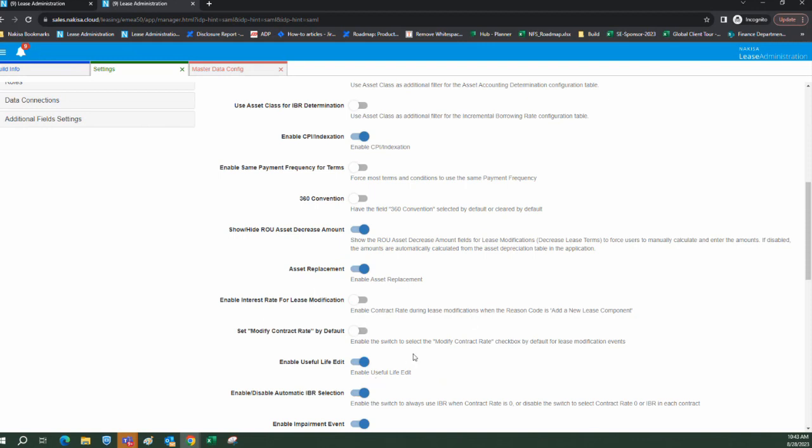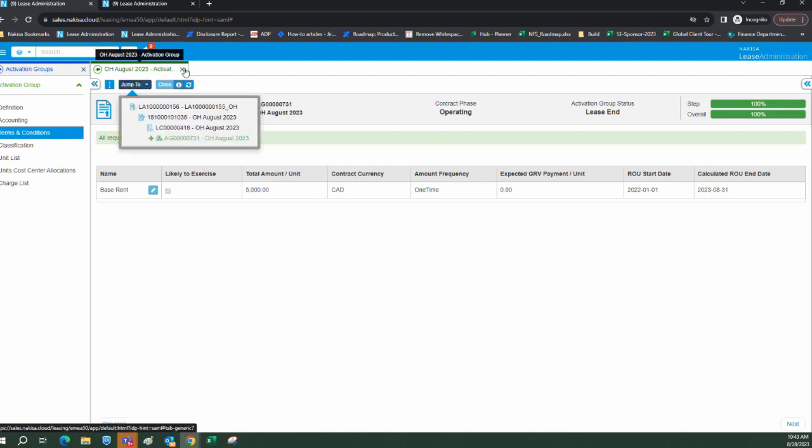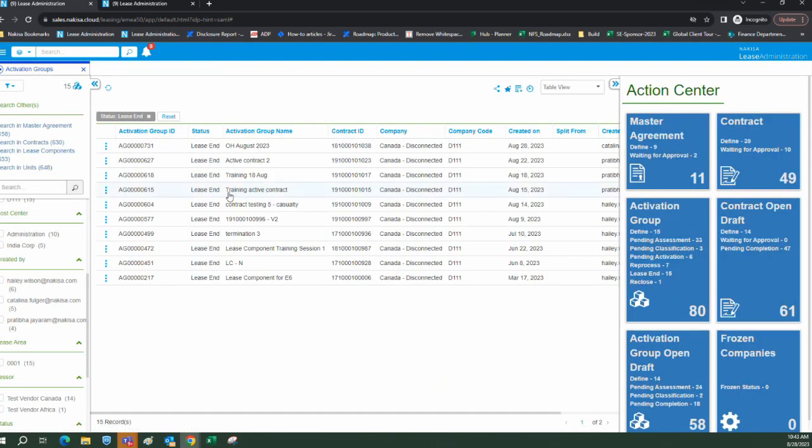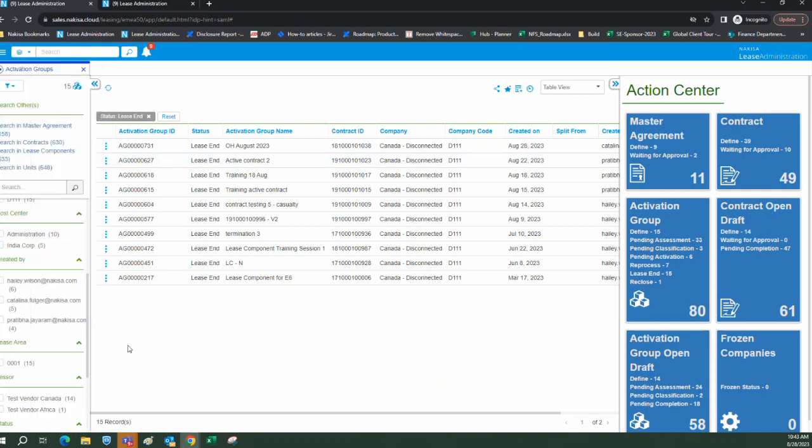So first, I'm going to show you where the mass lease end is, and it's part of the workflow mass transition. It's one of the actions that are available. I'm just going to put a name here so I can move on to the action. And within the action, you can see here the lease end is available. So you can perform the lease end for all the contracts that are